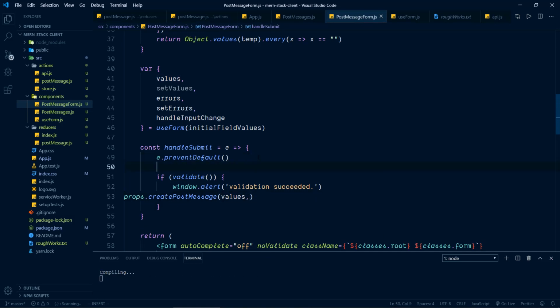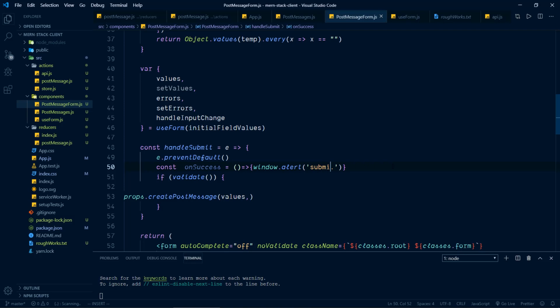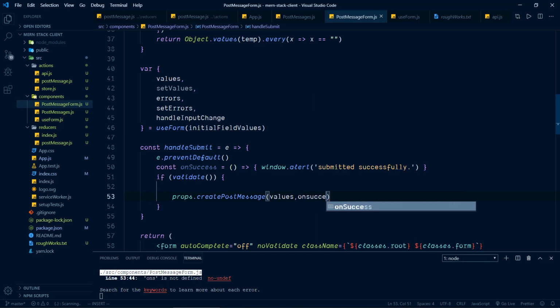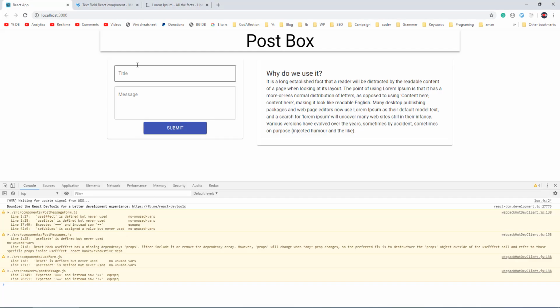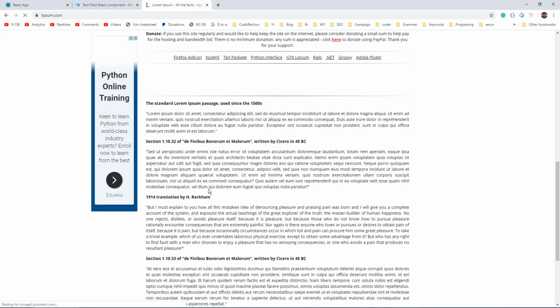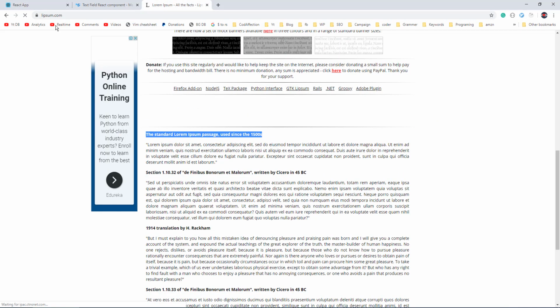For that I will define a function here, constant on success is equal to, it is a function without any parameter. Inside that we can just show this alert message here, submitted successfully. Now let's pass that function here on success. Now let's try to insert a new record. For that I'm gonna copy a random para from here. So here is the title, here is the message,